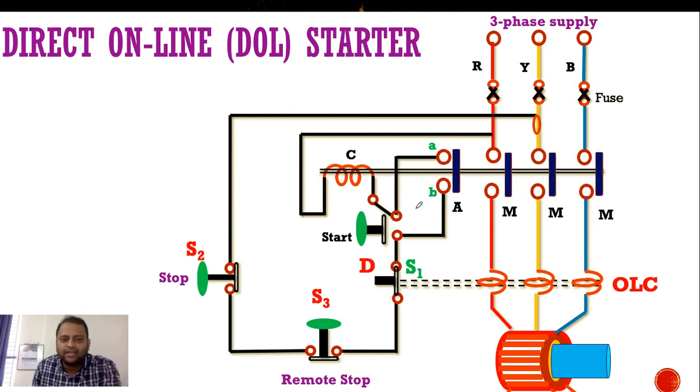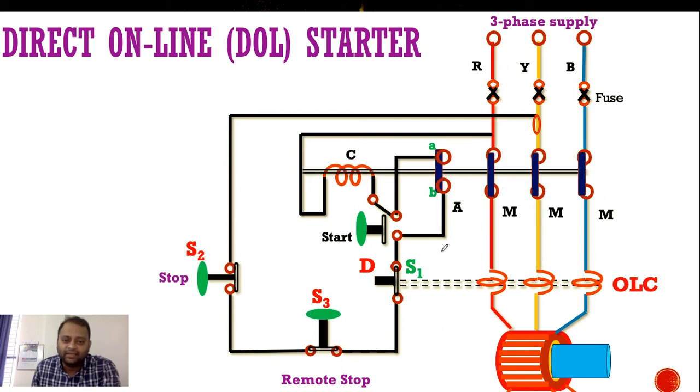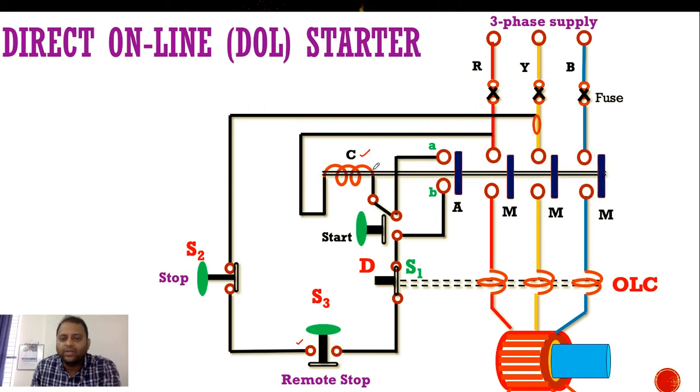Now see the last condition, where you are sitting in the control room and you want to stop a motor. Over there you just press the button S3, which is going down. Now there is an open circuit over here, so current will not flow. Again the C coil is deactivated. Again the plunger will go back to its open circuit position. So these are various scenarios where you can control the supply to the three-phase induction motor through various start-stop buttons.